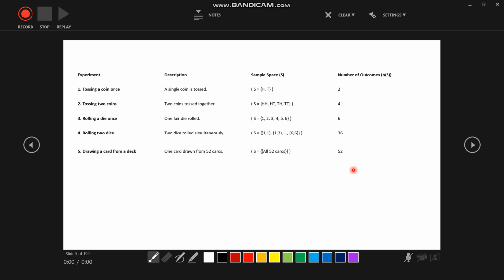Then we have the fifth one as well. So this is just a summary table to help your study. If you can cram this, it is okay, but just please take note. If you can remember all of this, if you want to solve any question in probability, it will be very easy to determine the total number of outcomes. Once you know the total number of outcomes, your problem is 60% solved.